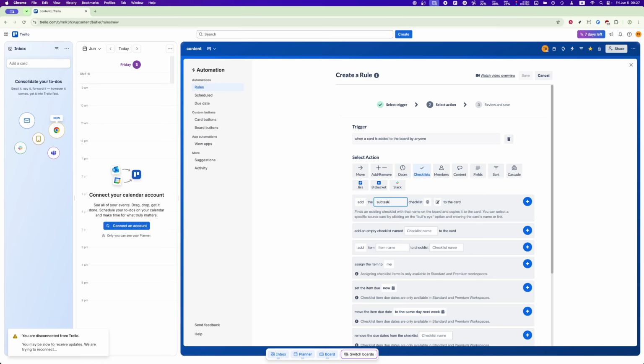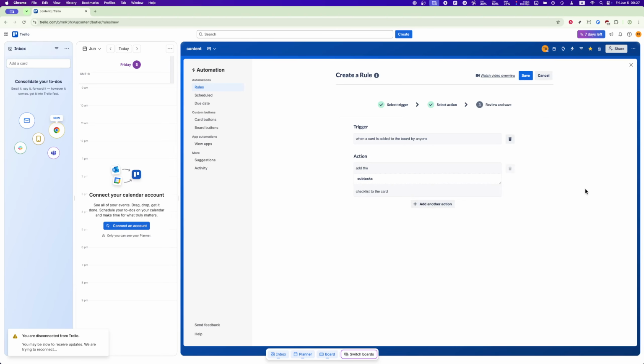Finally, to save your rule and apply it to your board, look for the Save button at the top right corner of the screen. Click it, and your automation rule will be finalized. From now on, anytime a new card is added, Trello will automatically include a checklist, saving you time and keeping